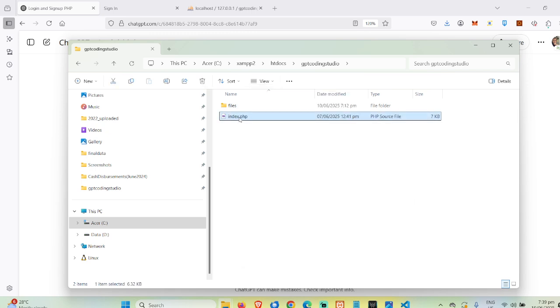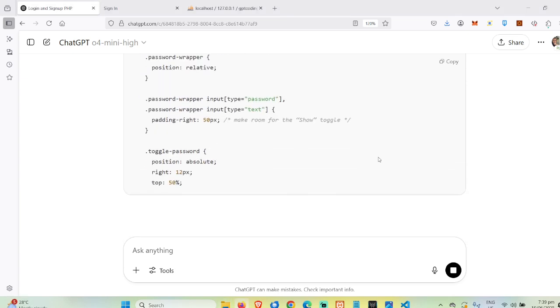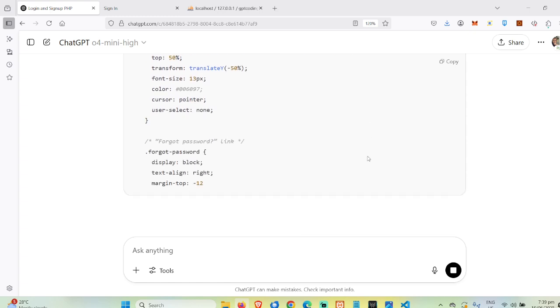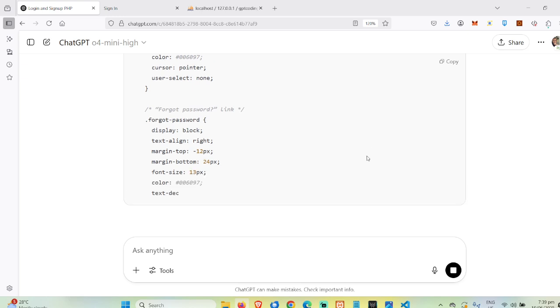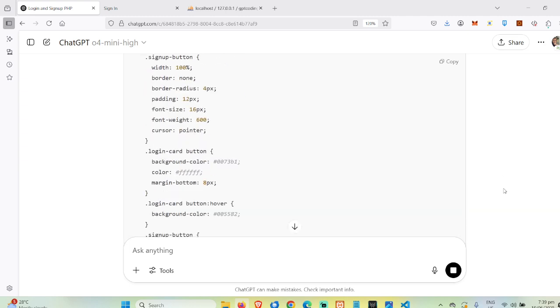Let's make this a backup. Is it finished? Not yet. So you should always back up your code just in case something goes wrong, so you're able to revert back to the old code.